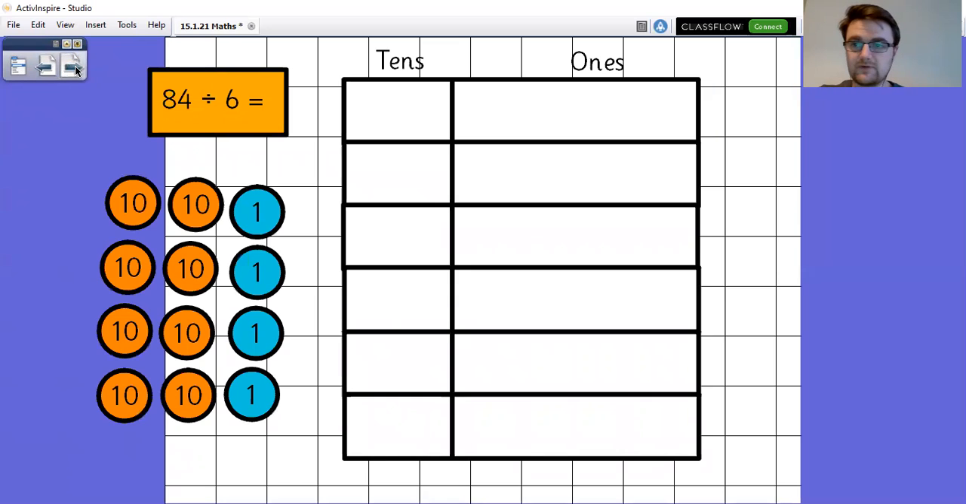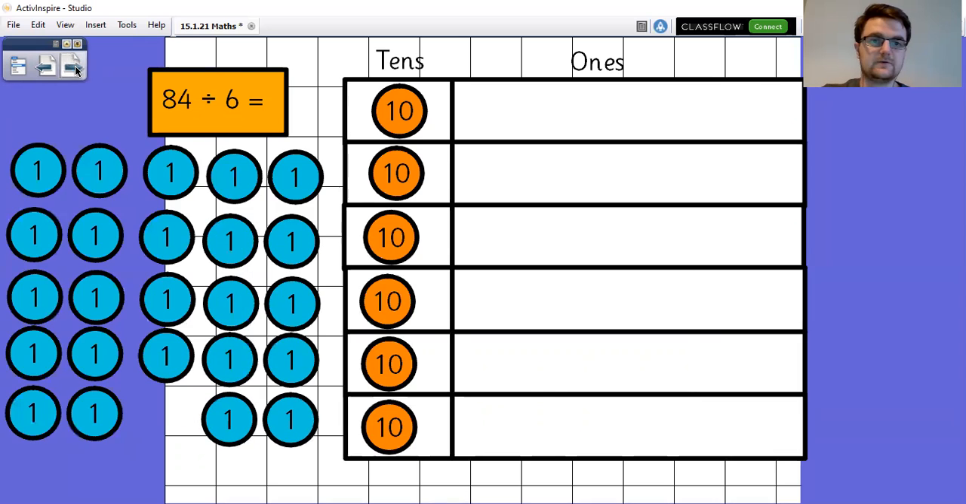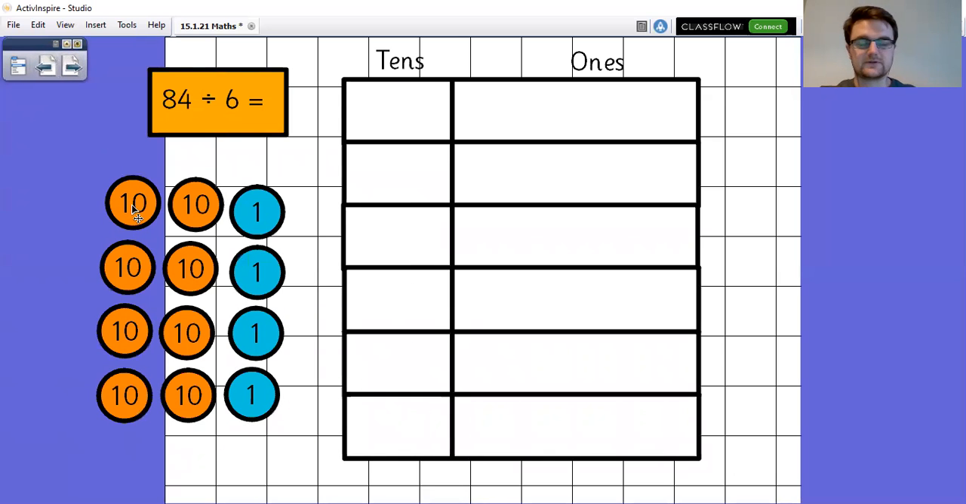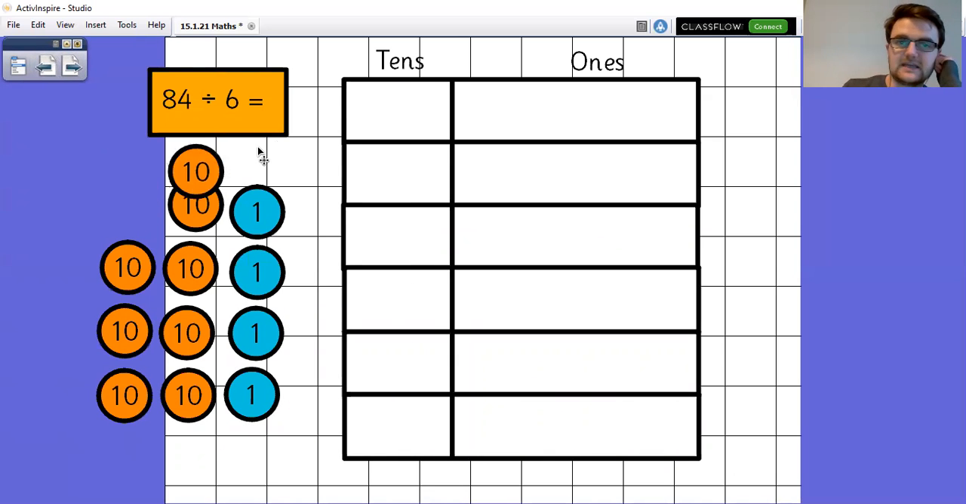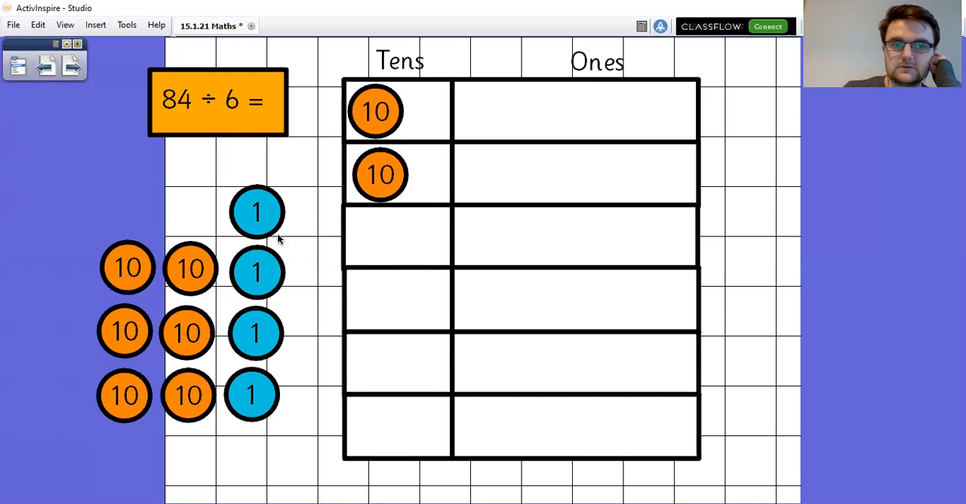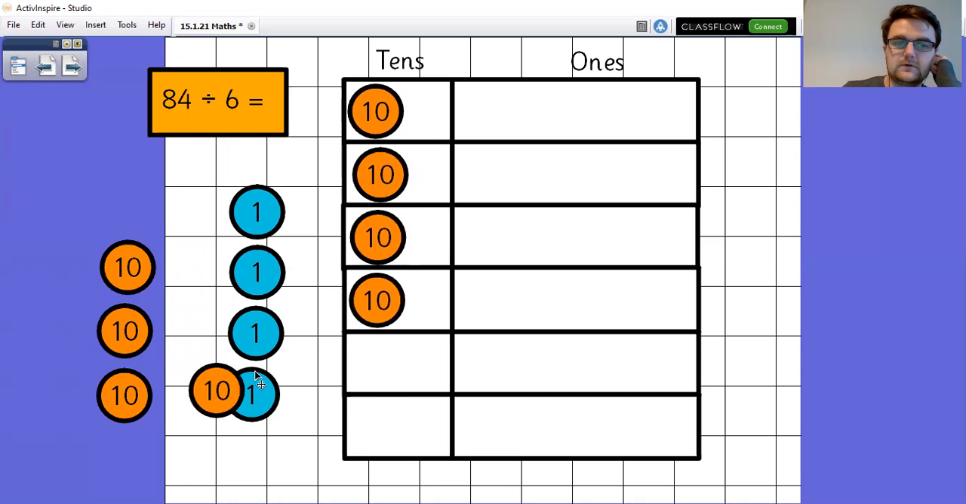Have a go with this one by yourselves first of all, and then I will show you how it is meant to look. Okay, so 84 divided by 6, my apologies. I've got to put my 8 10s first of all. I've got my 6 rows, so I've got 3, 4, 5,